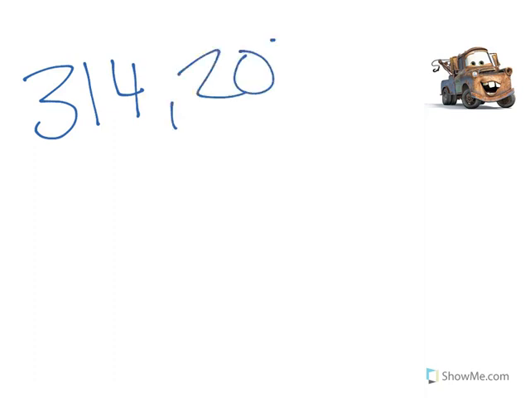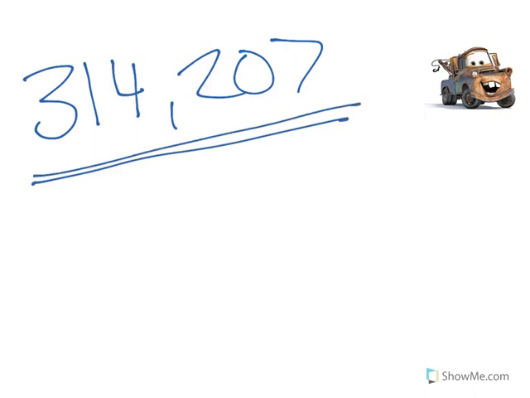So for instance, it's going to give them a number like 314,207. You've got to be able to do it in the two other ways. So this is already, as we know, in standard form. So you got to write it in words. Sorry about that. I would write that in